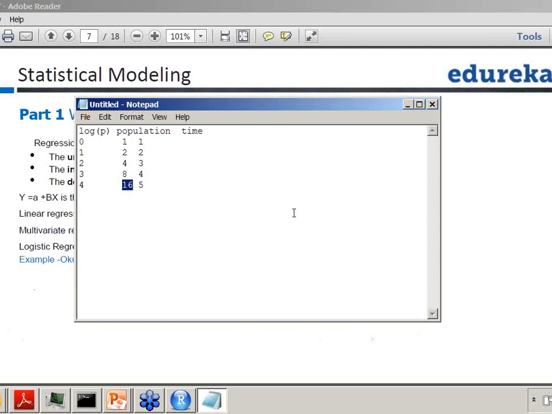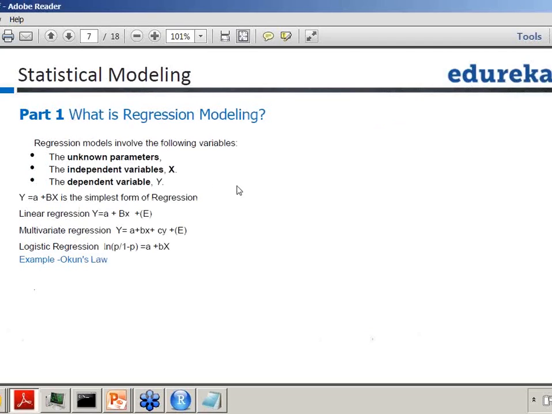Right? When you say 16, from 0, it is at a distance of 16. But in a case where this distance is skewed because of this exponentiality, you will not be able to get it straightforwardly. So that's why you take the logarithm. Now you remove this 1, 2, 4, 8, 16, and you directly try to map the logarithm with the time. So that is just a logarithmic regression.